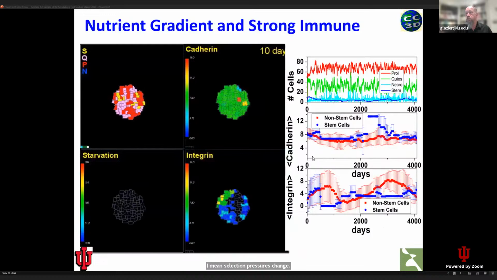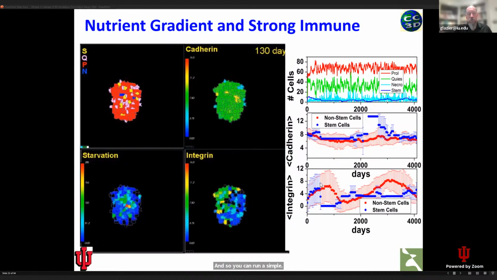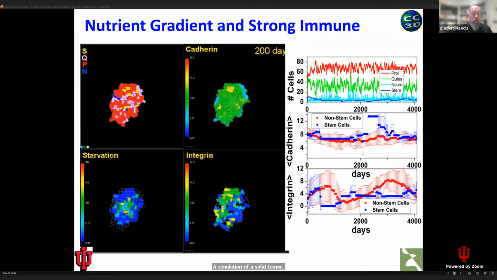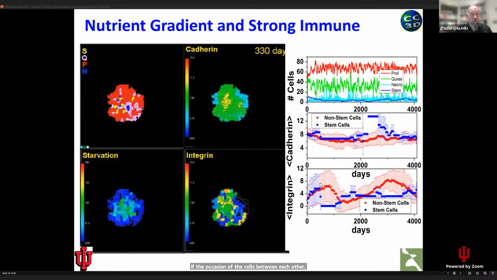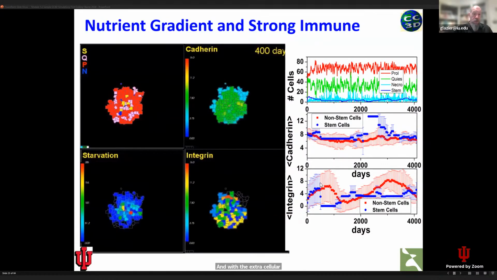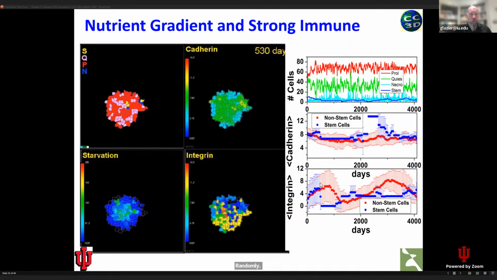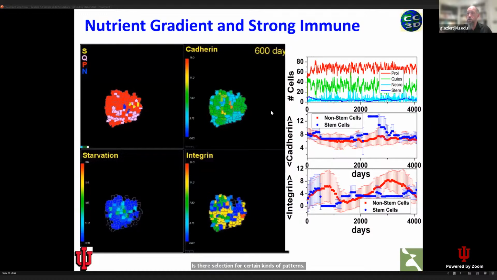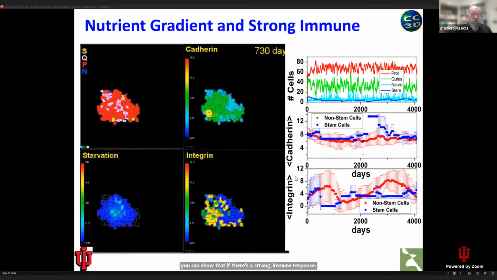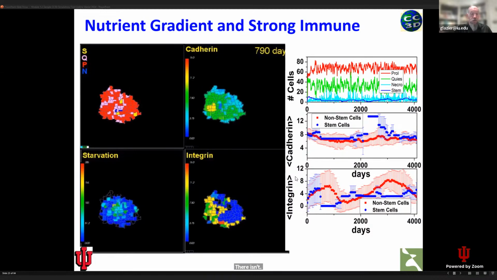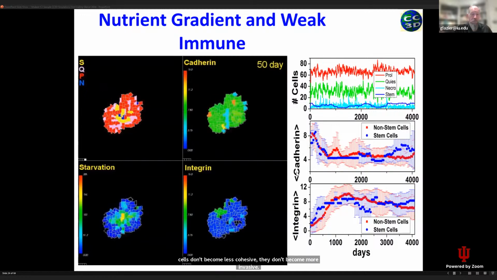And so you can run a simple simulation of a solid tumor and ask the question, for example, if the adhesion of the cells between each other and with the extracellular medium changes in time randomly, is there selection for certain kinds of patterns? And you can show that if there's a strong immune response, there isn't. The cells don't become less cohesive. They don't become more invasive. On the other hand, if you inhibit the immune response,